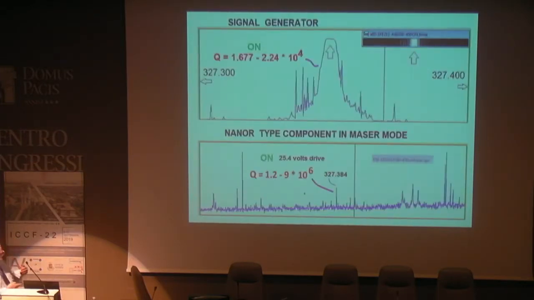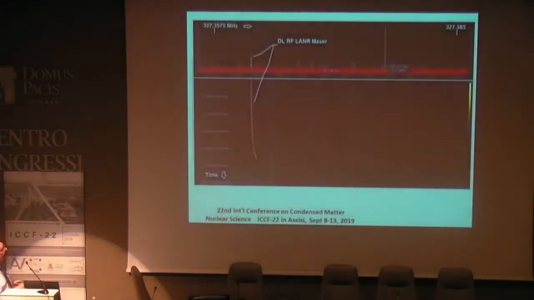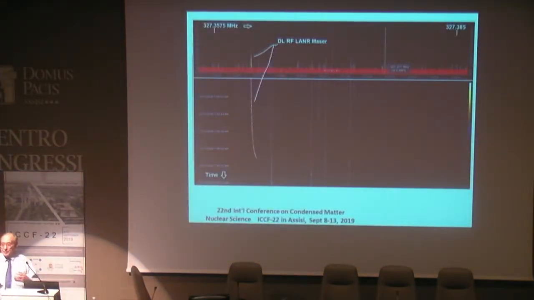As I'll show you, and to show you how high Q it is, although you can't buy a radio transmitter at these frequencies, these are protected frequencies, you can buy it in China. And so I picked one up here, and so here's the output of a typical radio, and here is the output of the cold fusion device. So the Q is incredibly high compared to standard radios, and we'll talk about why that is in a bit. It turns out if you take the component, and so far we've gotten these emissions both from aqueous nickel systems with ordinary water, and I think there that the deuterium is the active material, I'll tell you why shortly,